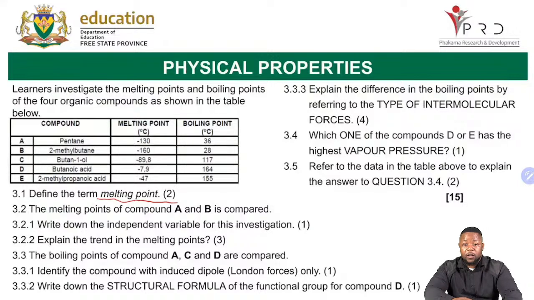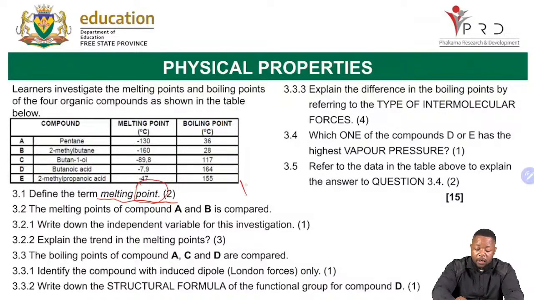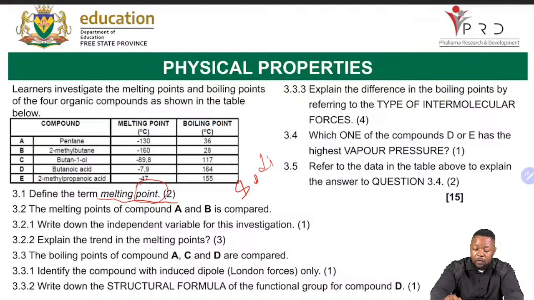Remember, for all your definitions, we refer to the examination guideline 2021, and you are going to see that when melting point is defined, you should not say a point. It's supposed to be a temperature at which the solid